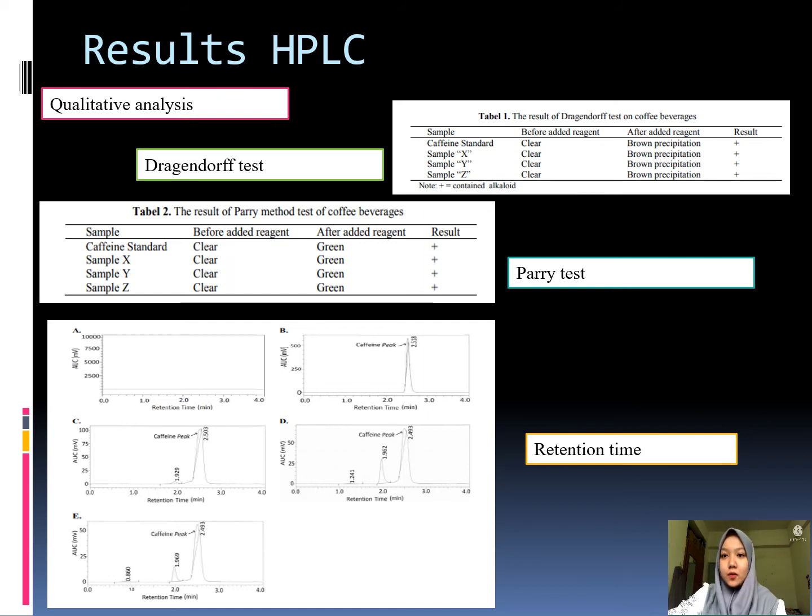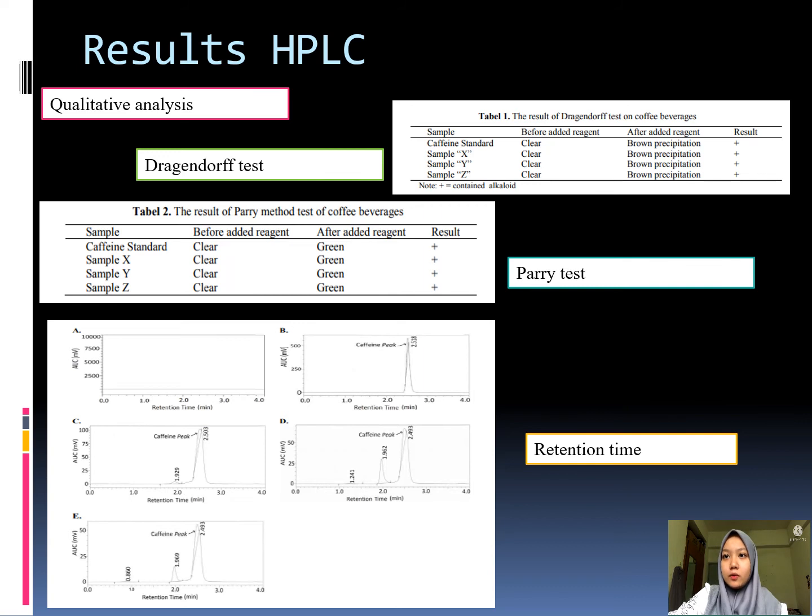Next, we move to the result for figure 1, which is the retention time for all samples. We still use the same samples, which are caffeine standard, sample X, sample Y, and sample Z. B is the caffeine standard, C is sample X, D is sample Y, and E is sample Z. As we can see in figure 1, B is the caffeine standard,